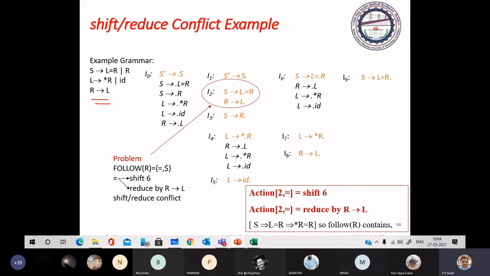We first convert this grammar into augmented grammar by adding this production S dash to S. So first kernel item in I0 is S dash to dot S. And now we apply closure operation. Due to these two productions, you can add S to dot L equal R and S to dot R.